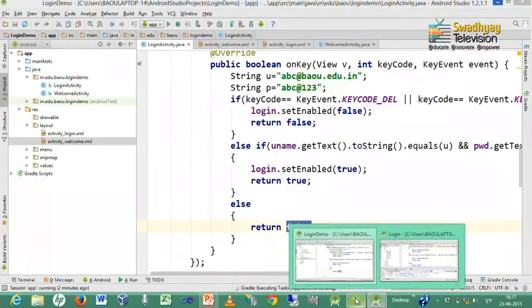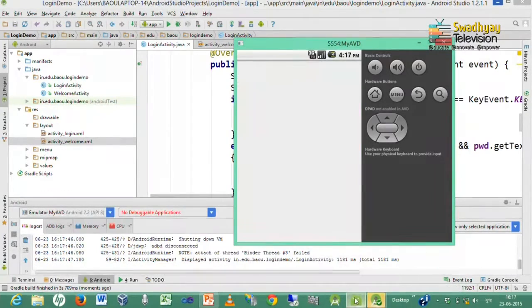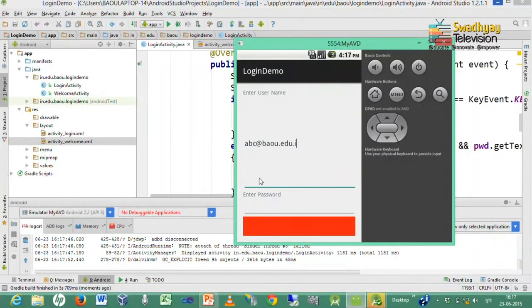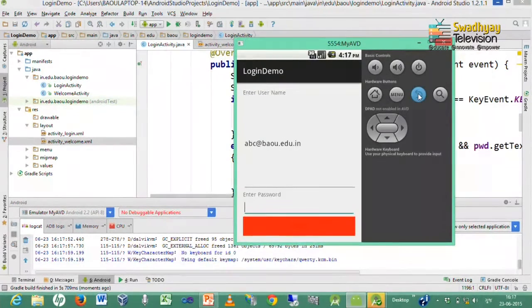it will launch our application into emulator. So, it takes some time to load this application. Here you can see we are entering username, and then we enter a password, which is in our case abc@123.